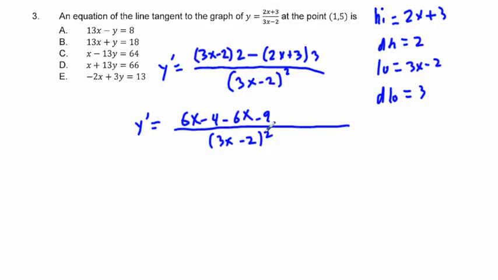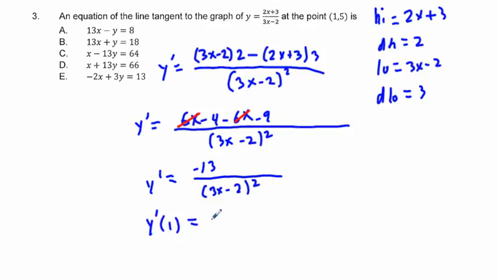minus 2 squared, and we have cancellation on the top, 6x minus 6x cancel, and so we have left y prime equals negative 13 over quantity 3x minus 2 squared, and if we take y prime for an input value of 1, we have negative 13 over 3 times 1 is 3, minus 2 is 1, so we have